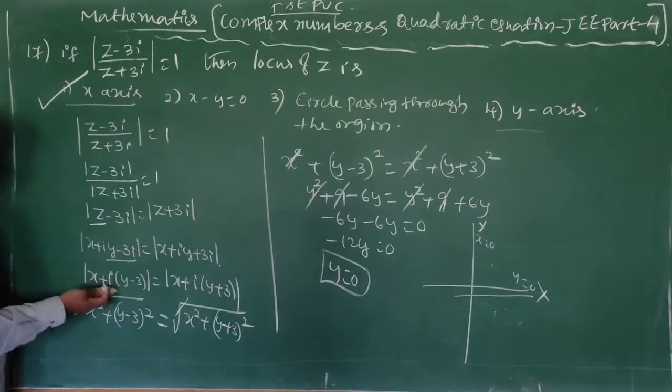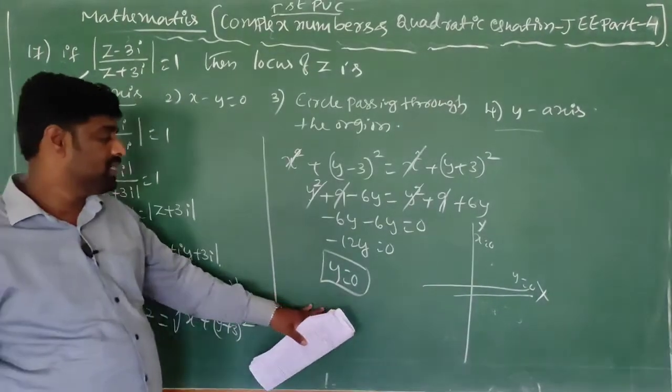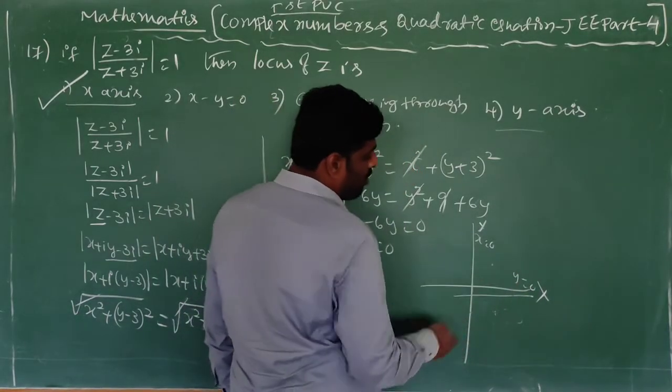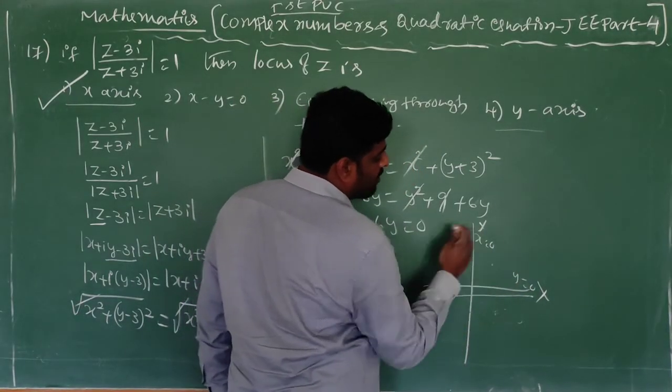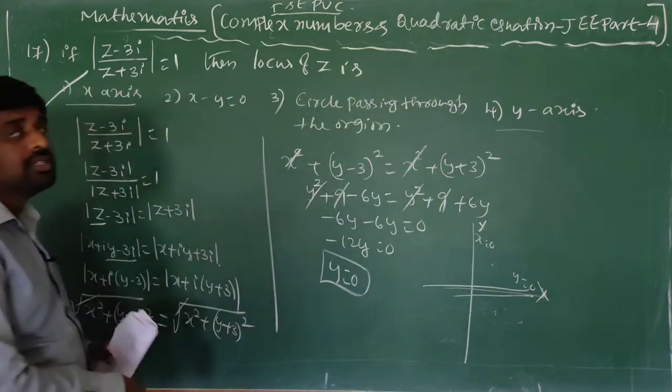Take the modulus of this and take the modulus of this and simplify, you will get y is equal to 0. If on the x-axis, y value is 0. On the y-axis, x value is 0. The locus is present on which axis? X-axis. So next question is